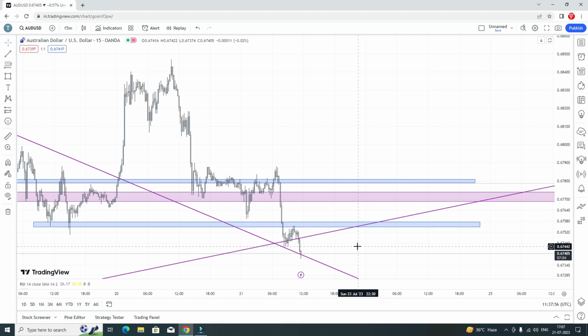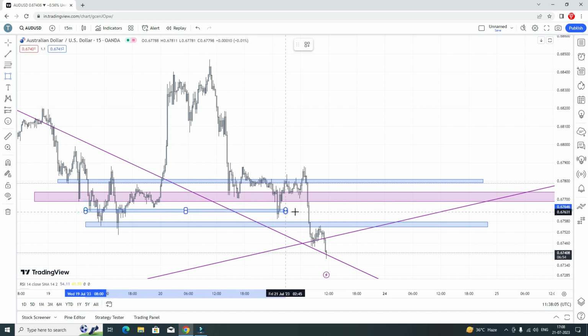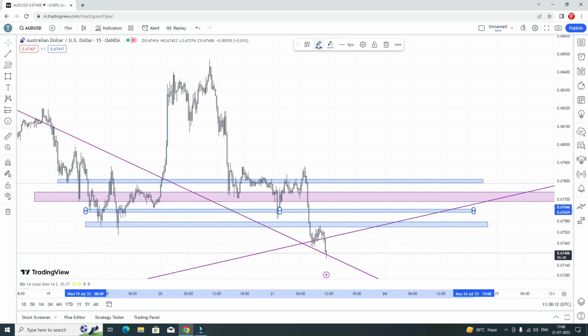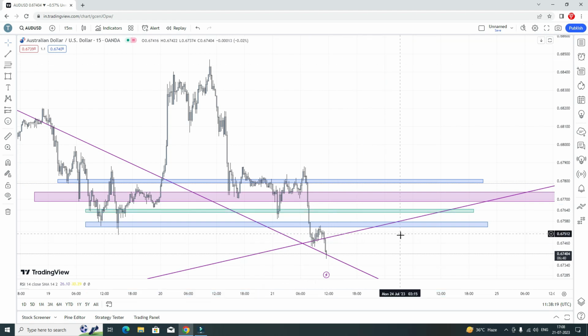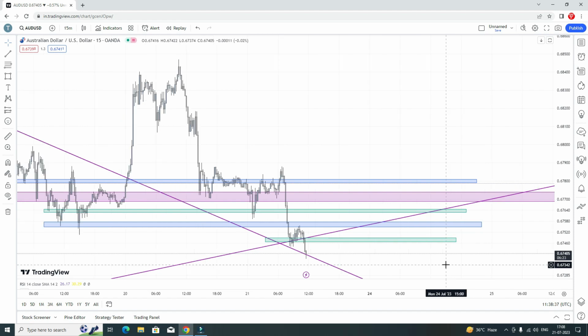Are there any levels that we can mark out? There is one level around here that we can mark out. That's a possible. 15 minutes is green. Then there's a level forming around here again. So